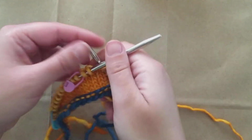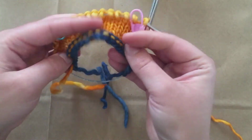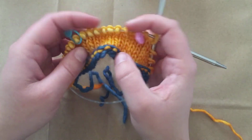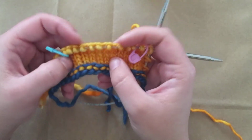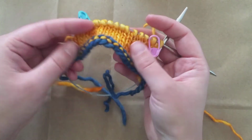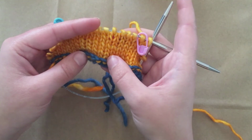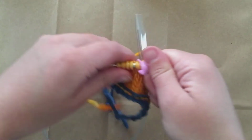I'm going to pull my needles out so you can see the shaping that's happening. So you can see, obviously, I'm going to have a very squatty short toe since there's so many stitches in the middle here compared to my sides, but that's okay because this is for demonstration purposes only. Okay, so I'm just going to push my needles back in, and then we will be ready to begin our